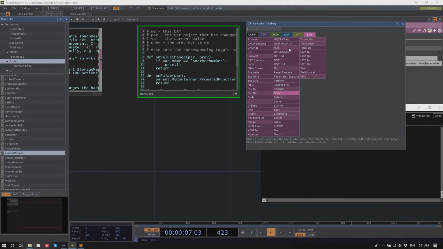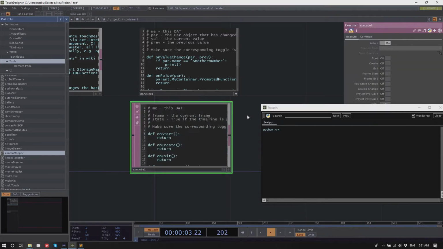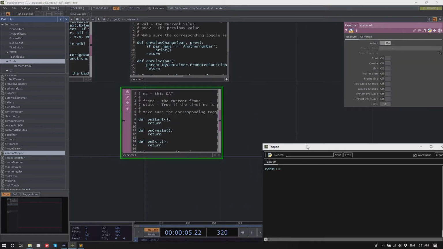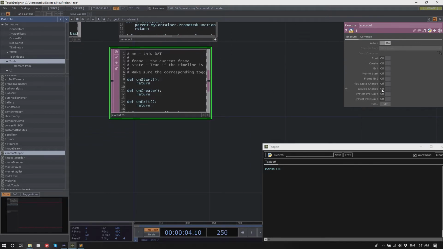So just to recap, we have the execute for parameters, and as I said, other things that can help you. There is the execute which you can run on start or on exit, or you have various on device change. You plug some device in, or it's being unplugged. You could run a little script if you need to do that.